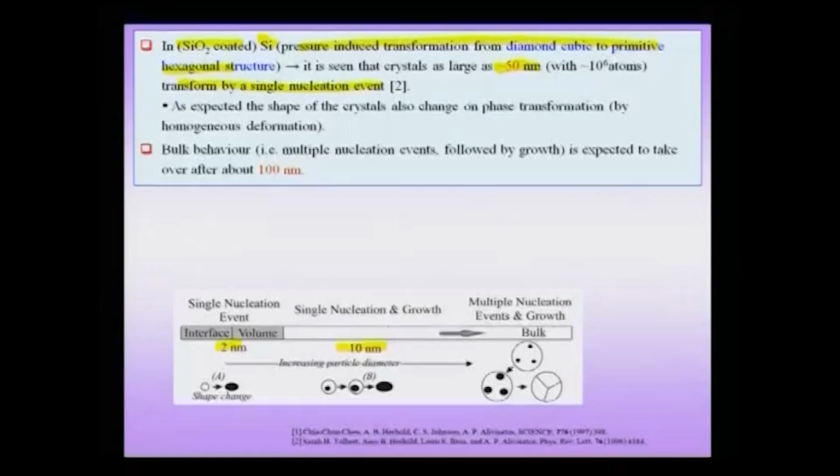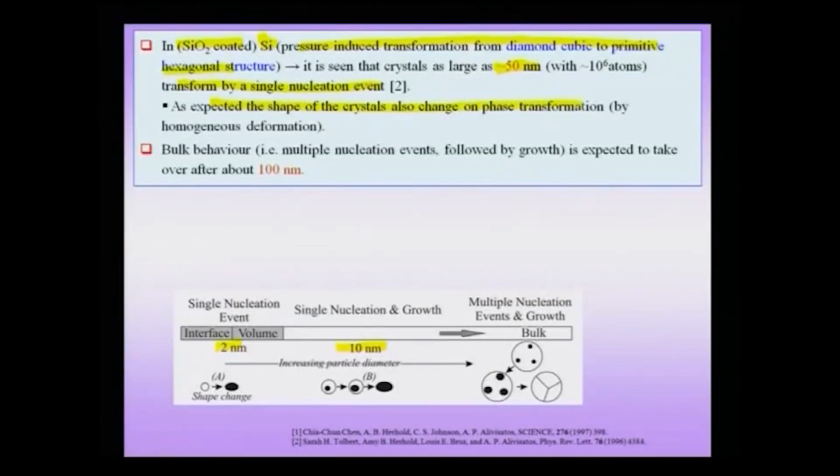and this also tells us that the concept is applicable to a broader class of systems. In this case we have to especially note that it is not a freestanding silicon crystal, but some kind of a core shell structure where silicon is coated with SiO2, and this can also be thought of as a natural consequence of the oxidation of the silicon crystal. And as expected, the shape of the crystals changes on phase transformation, and this is of course a homogeneous deformation we are talking about. And bulk behavior of silicon in this case is expected to take over after about